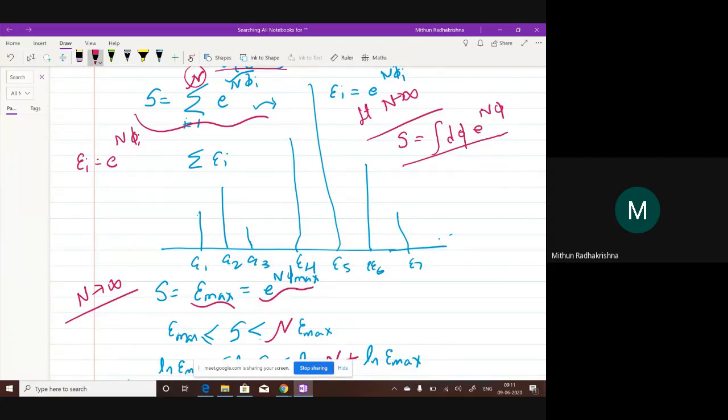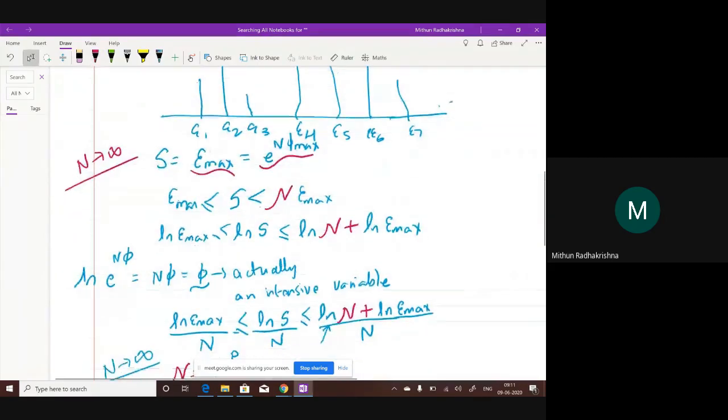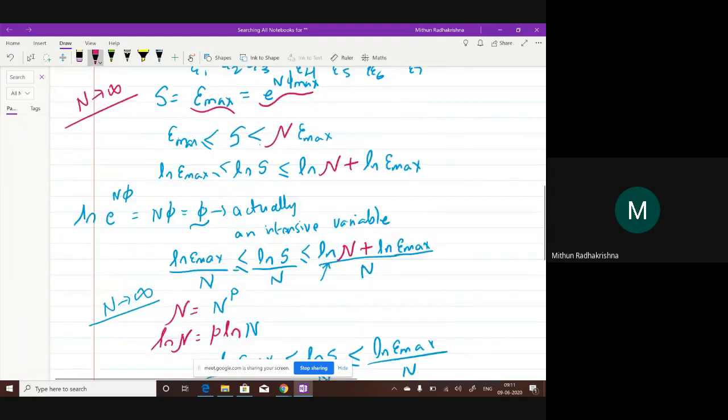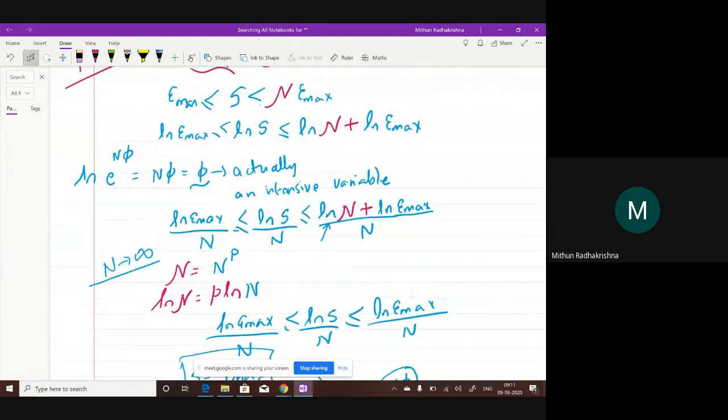Or the other way of looking at it is that there is only one term in the equation which dominates. As a result, if you add a small thing to something which is very large, again the answer does not change much. In the limit as n tends to infinity, it always converges to this value. Okay, so let's look at this proof. We have already looked at this proof in class, but let's look at it again.